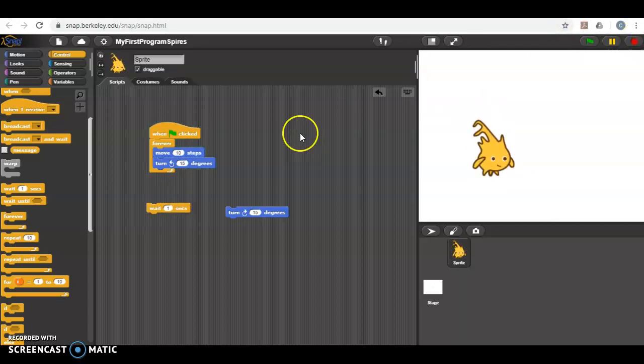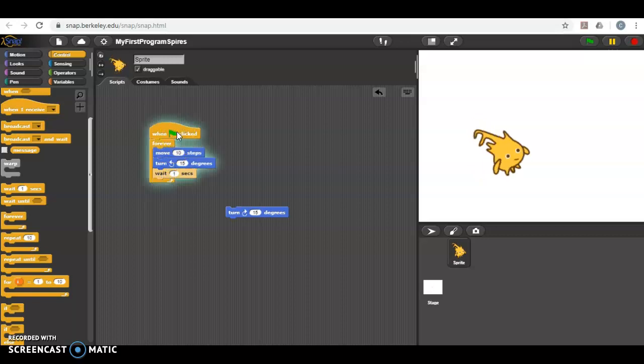Okay, so I'm going to bring a weight tile over. So then what I'm going to do is throw one of those in there. Then if you watch, he's going to move and wait a second. That seems like a lot of time. You can always change that wait second to something slightly different. So like you can make it a 0.2 so it's not taking so long in between,